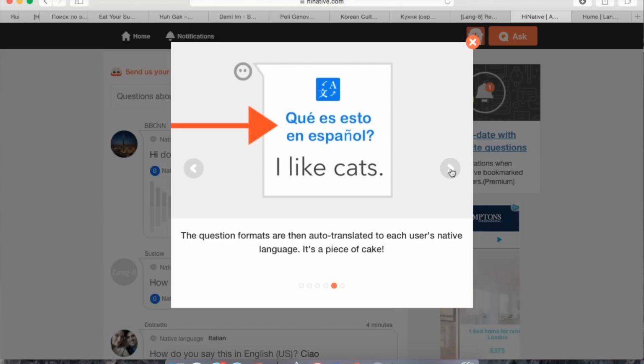So native speakers in that language would actually be able to understand the entire question. That's a good feature, that makes sense, because if I didn't know English and someone would ask me about Russian, but they would ask the question in English and then the phrase would be in Russian, I wouldn't really know what they mean. So that's good, that's a good feature.